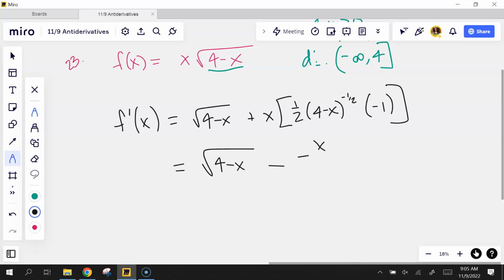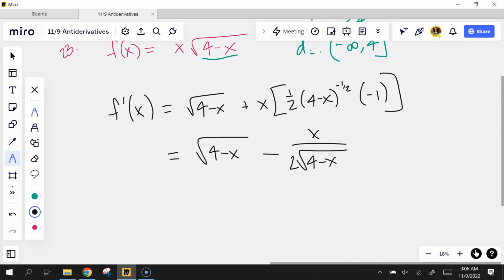Minus x over, 2 times square root of 4 minus x. We need this to be a single fraction, right? Because we got to do, where does the top equal 0, where does the bottom equal 0? Remember all that? Gross. But here we go. I'm going to put this over 1. I'm going to give it this denominator. So 2 root 4 minus x, 2 root 4 minus x, which means that I am going to have